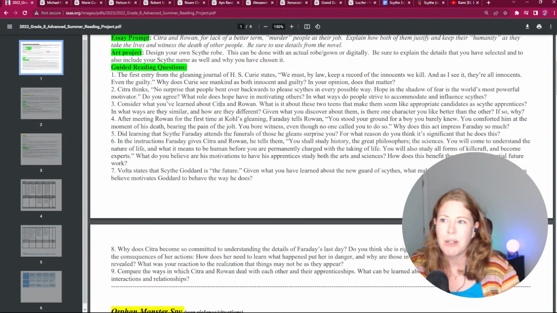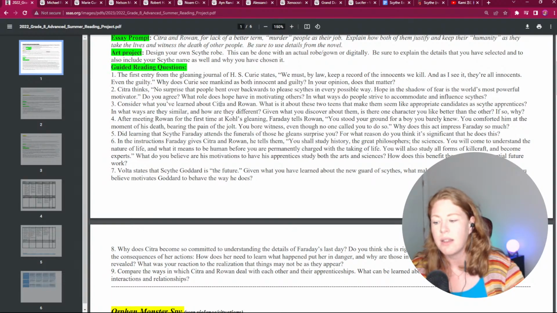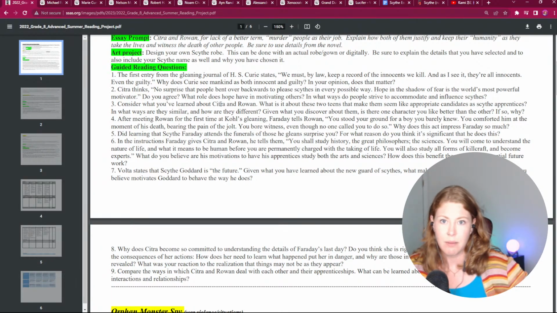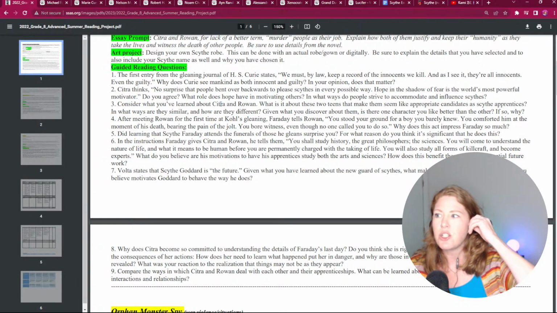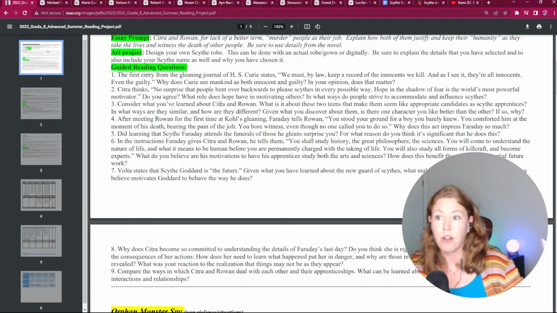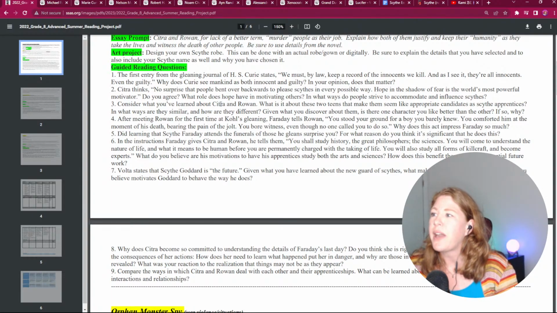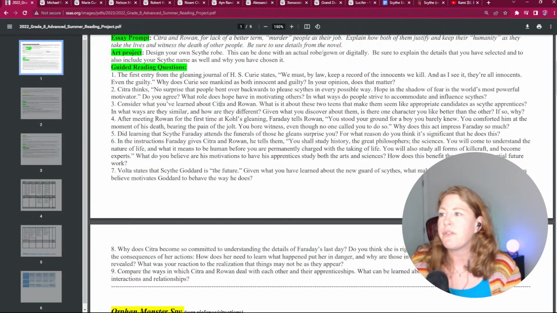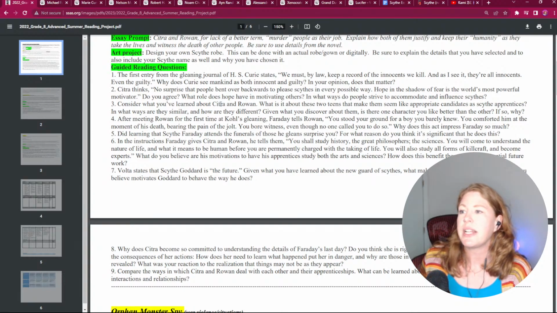The one where she asks about cheating, mainly because it seems very contradictory to how she operates when it comes to other things, right? She does seem like she has the capacity to do whatever it takes to become number one or to get ahead, right? She has that very intense, aggressive, competitive nature in her, at least from what I'm seeing. That was my interpretation. Okay, number 4, after meeting Rowan for the first time at Cole's cleaning, Faraday tells Rowan,